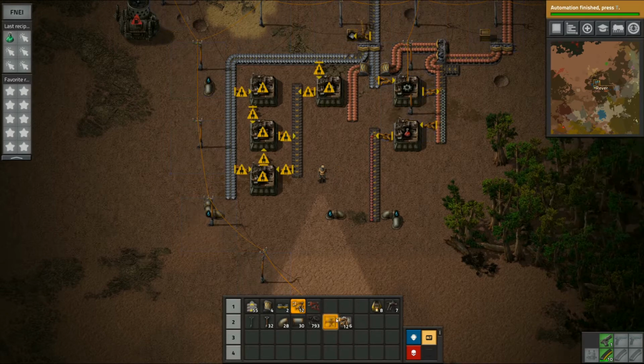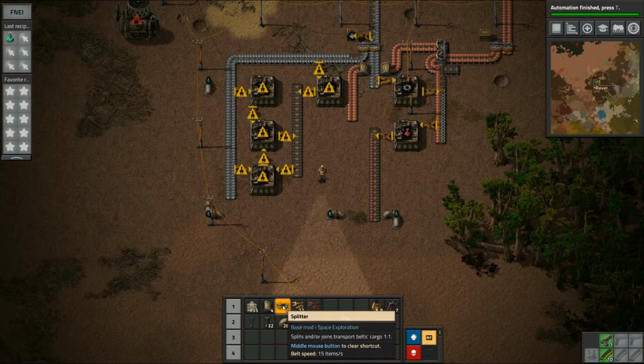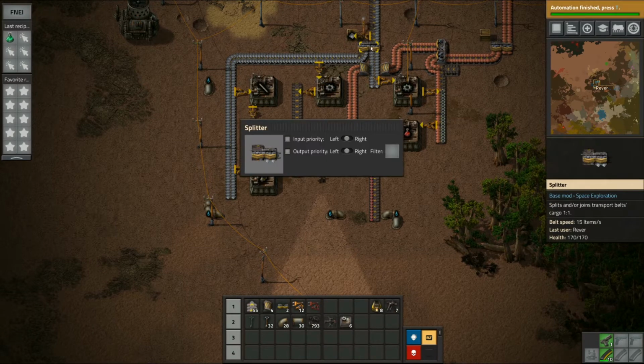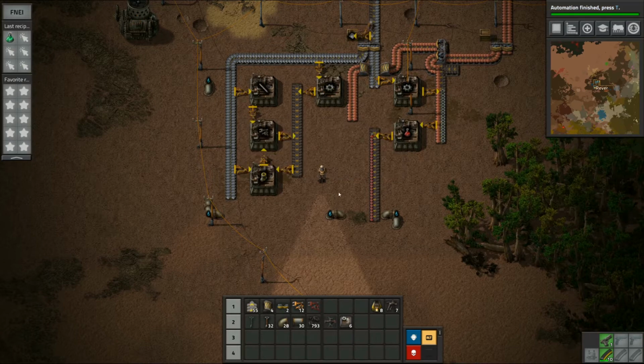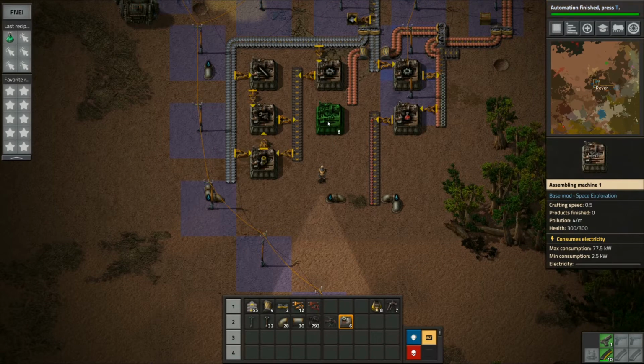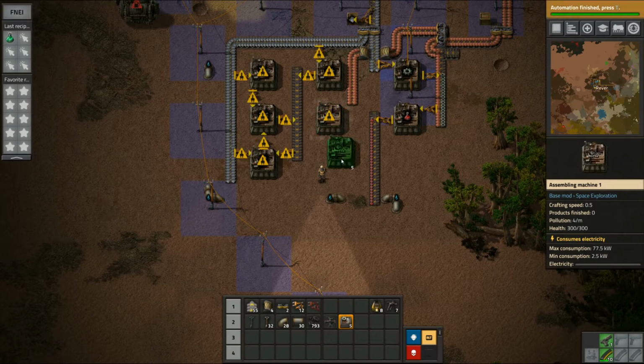onto here. Now we can use these splitters as filters, I'm pretty sure. I hope, yeah, right? Yeah, we can filter the output, so if we don't want the gears to keep going down, we can just have it filter out the motors. Now what we need to do is get that guy into there,